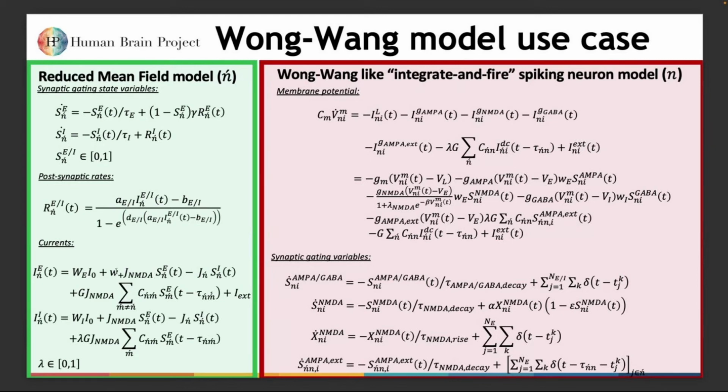There is a local excitatory NMDA current, inhibitory GABA currents, and long-range NMDA currents for the excitatory population. It's similar for the inhibitory population. Now, to get a current from a synaptic gating variable, one needs to multiply with this